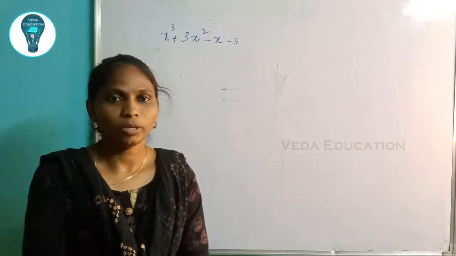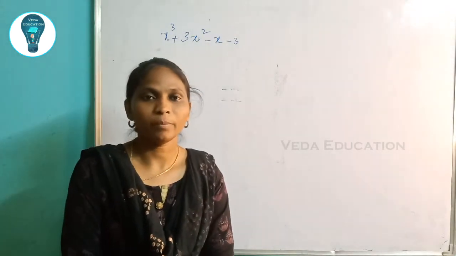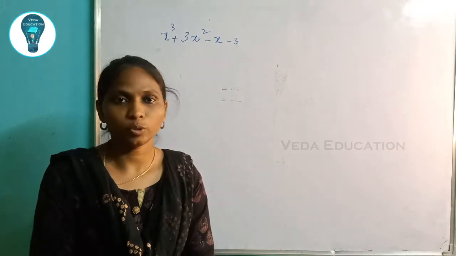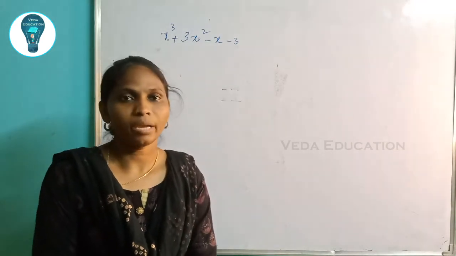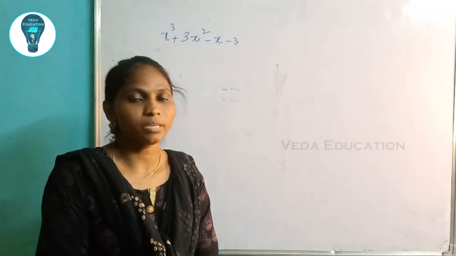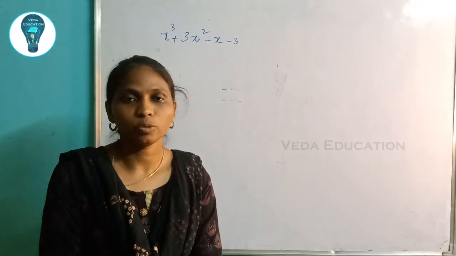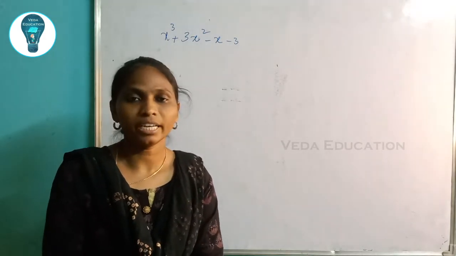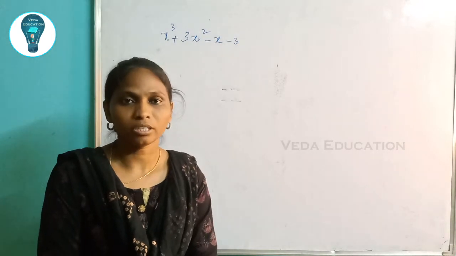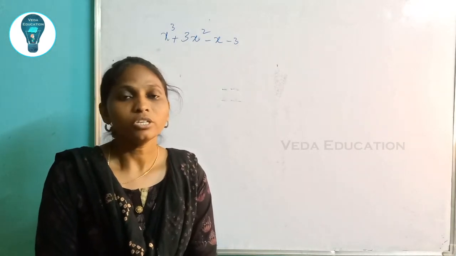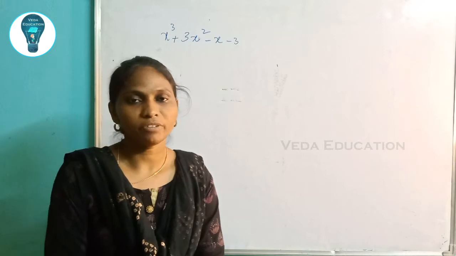Yesterday we discussed cubic polynomial factorization. In the easy way method, I explained how to factorize the cubic polynomial. Today I am discussing how to factorize the cubic polynomial by using the division method. In case we are not getting an easy way to find the zeros of the given cubic polynomial, you can use division of